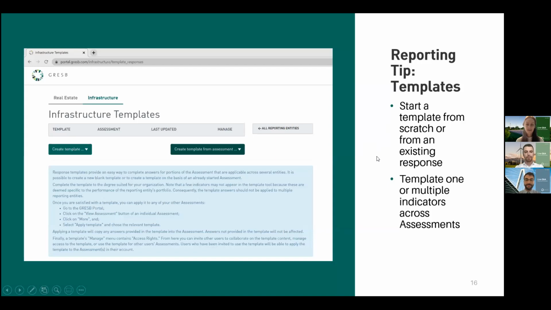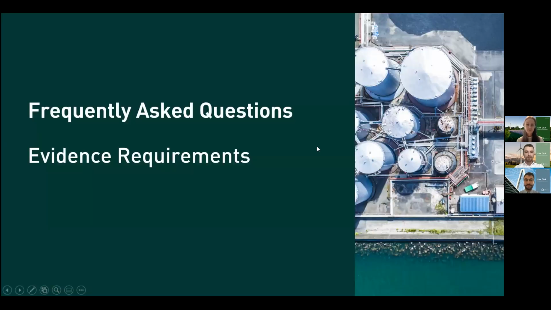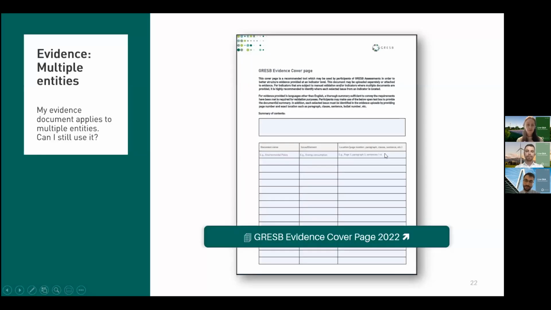Thanks, David. And we'll stay with you for a moment because the next topic is evidence. And David is our validation and evidence expert, so hopefully he can give you some tips and tricks around that too, especially when it comes to making sure that the right evidence applies to the right entities. And like you said, David, sometimes you have evidence that applies to multiple entities. You have the same policy shared by two assets. Can that still be used? Is that okay? Yeah, so it's always possible to, well, not always, but generally it is possible to apply multiple